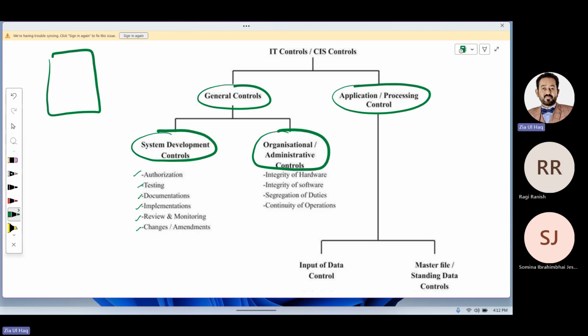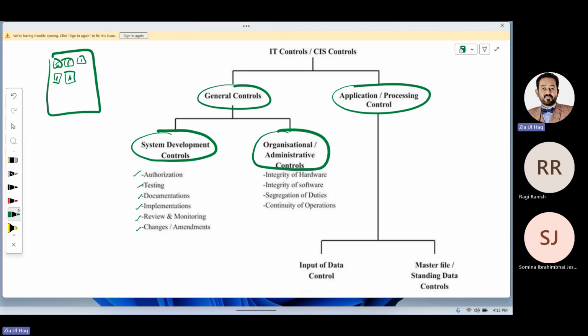When you are designing a system, especially a computerized system, its documentation should be there: which folder relates to sales files, which to purchase files, which to income files, which to expense files, which to asset files. Why? So that in future, if you want to make any changes in the system, you can identify